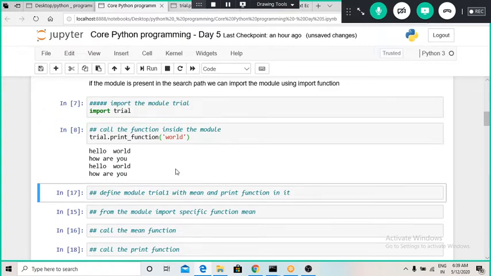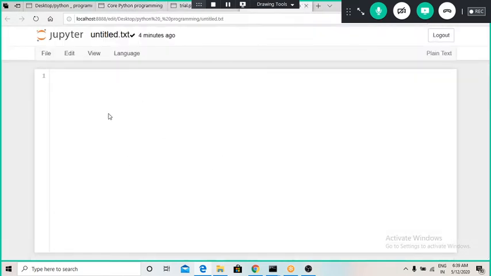Right now we will define a new module named trial1, and this module is going to have two statements. One will be a mean function, which we will define into that, and another will be a print function. Let us define that module over here.